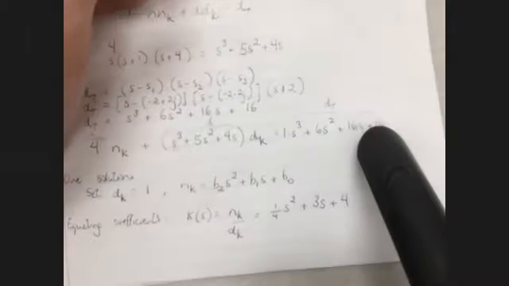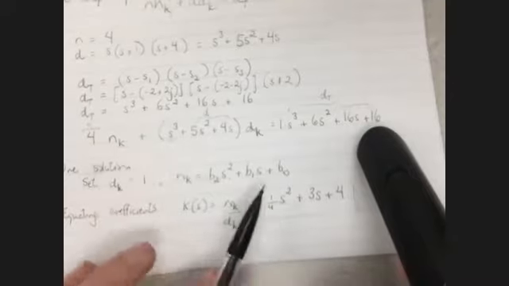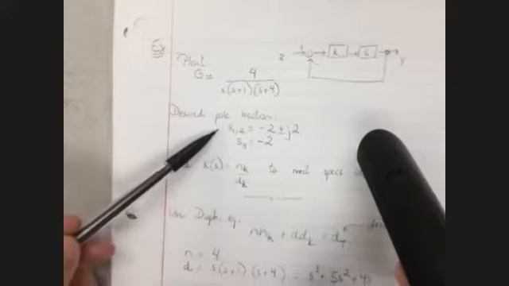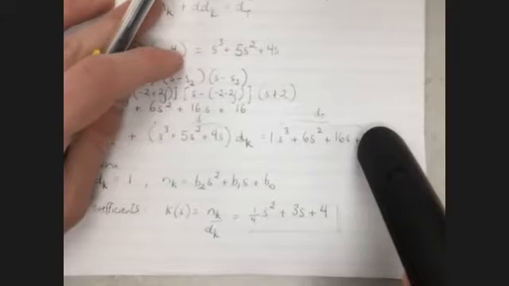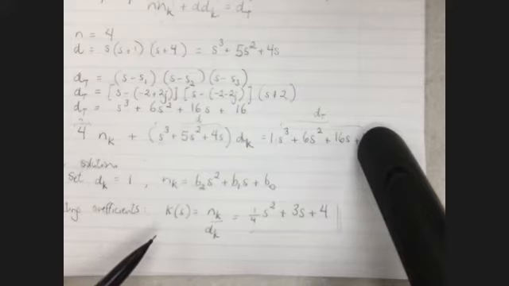So this would be your controller. If you put that controller in there for that negative unity feedback system, that's going to give you all of this up here. It's going to give you the closed loop poles exactly at those locations. And so hopefully you'd be very happy with that controller right there. Now, let me ask you, are you happy with the controller, or is there something about it that makes you uncomfortable or unhappy?